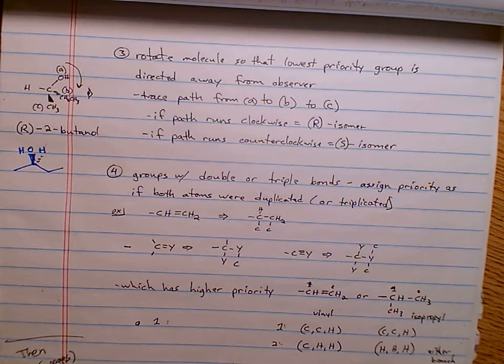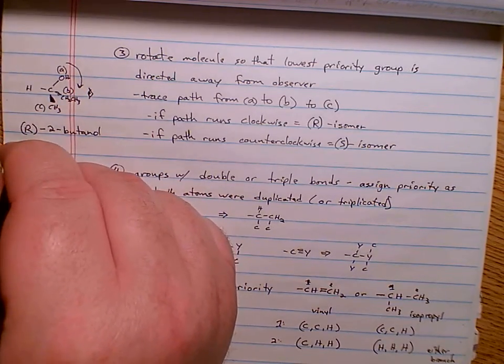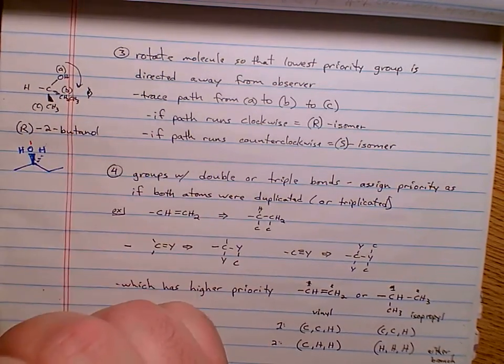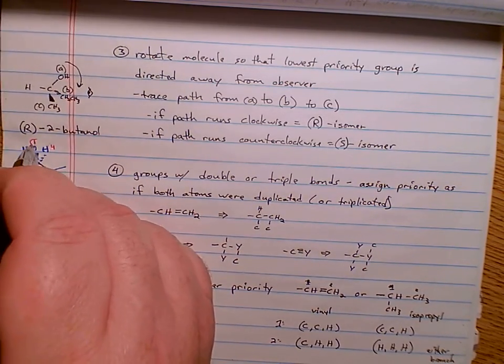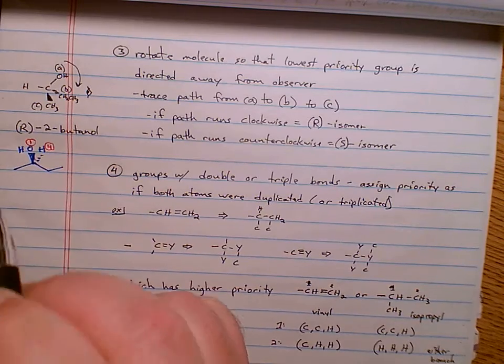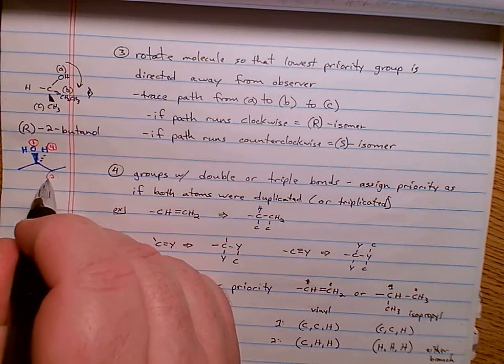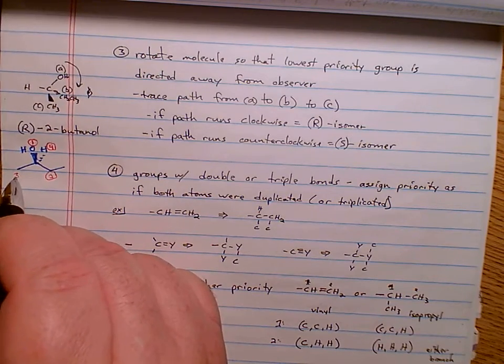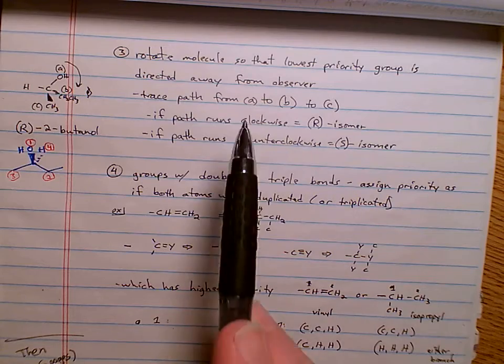All right. Once you have done that and you have your priorities A, B, C, D, 1, 2, 3. So I'm going to say I like the numbers. This oxygen is priority 1. I know the hydrogen is priority 4. We've said that this one is CHH, so it's priority 2. This one is HHH, it's priority 3. What you are going to do next is